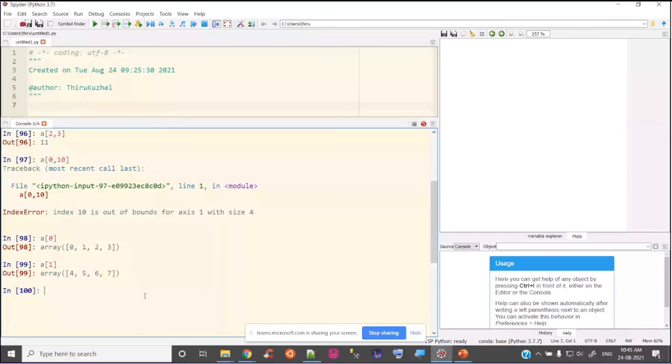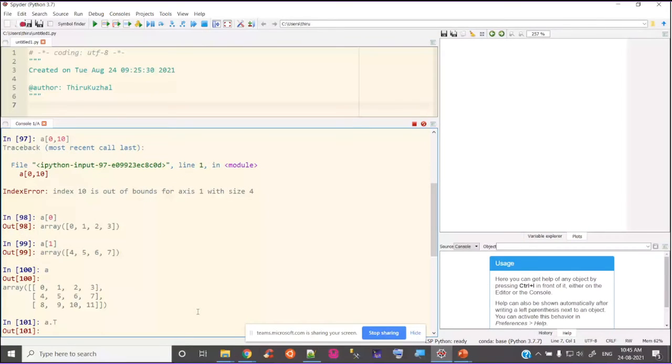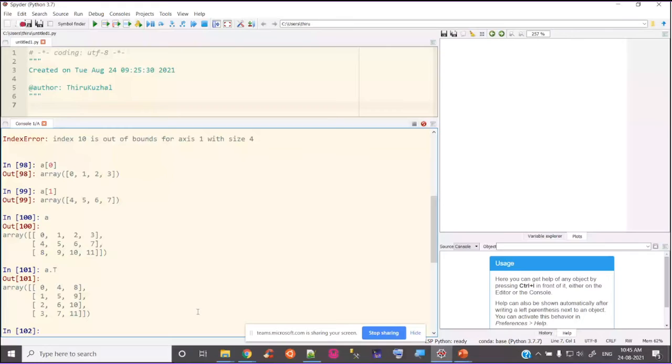Okay, so how am I going to do that? A dot transpose. It's simply the transpose matrix.